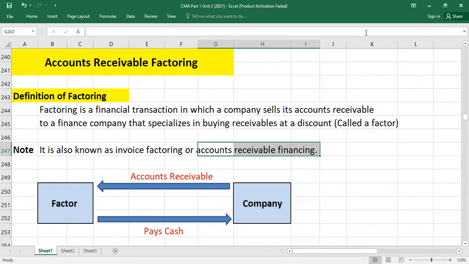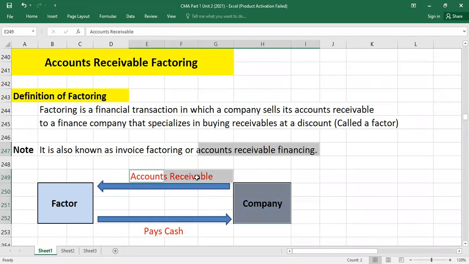To understand the concept of a factoring arrangement, here we have a small picture. For example, this is our company. What we will do, we will transfer our accounts receivable. Maybe we will sell our accounts receivable, maybe we will give the receivables as collateral, as a security, to the third party which is called the factor company, and the factor company will give us an advance, or the factor will pay us the cash immediately. This arrangement is called accounts receivable factoring. So here I'm using two ideas. Maybe we will sell our invoices, sell our accounts receivable. Maybe we will use our receivables as collateral, as a security against a loan. How it will work, I will explain, of course.